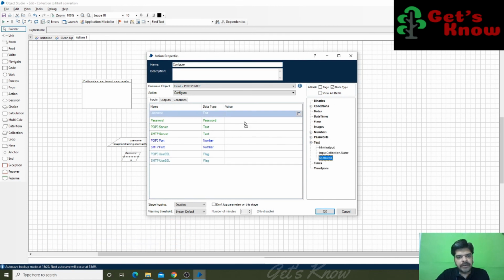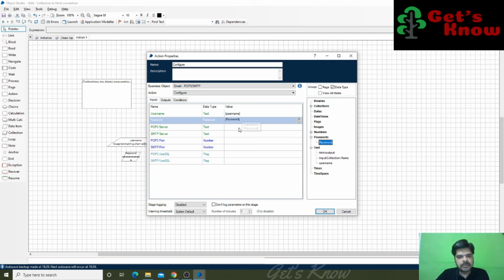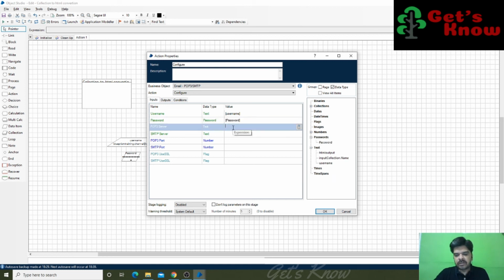That username I'm going to use here, and password. Yes, this is the password. And for POP3 SMTP, we know we have to use pop.gmail.com. This POP3 server we can use, and smtp.gmail.com, and POP3 port number 995 and 587 is the SMTP port. Both SSL states should be true.